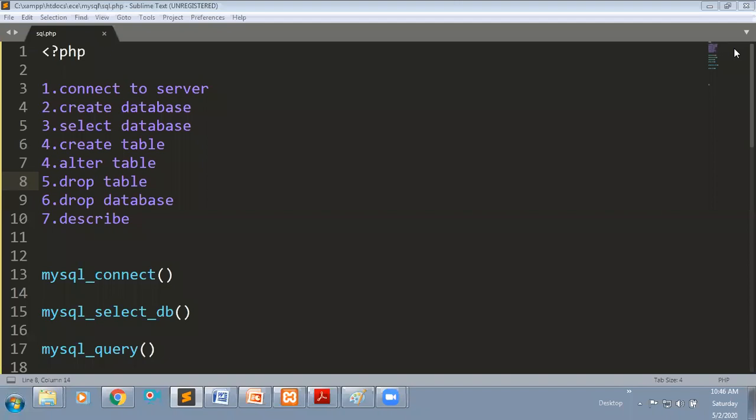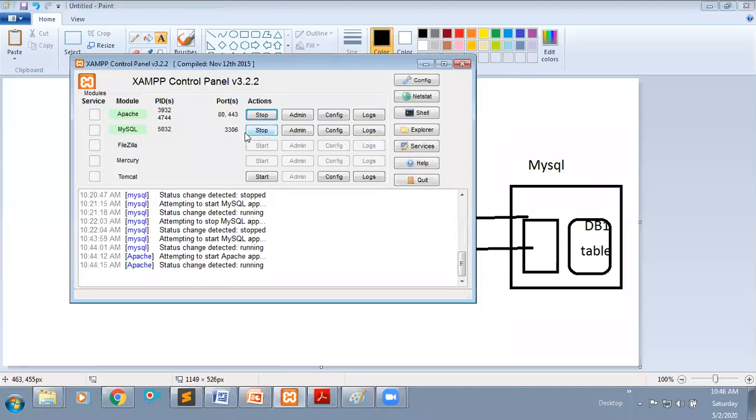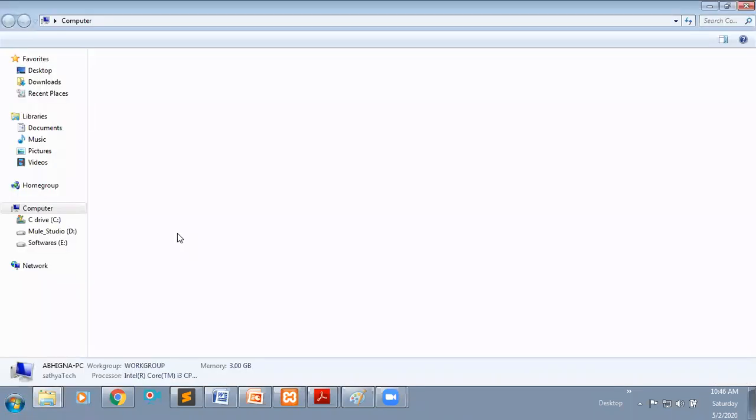Okay, simple. I'm going to connect with the MySQL server first. Then I will process some operations like creating a database, selecting a database, and creating a table. All the operations I will do one by one. See, here I have just started my MySQL server. It is in start position. Okay. Actually, where my server is installed within my local disk.